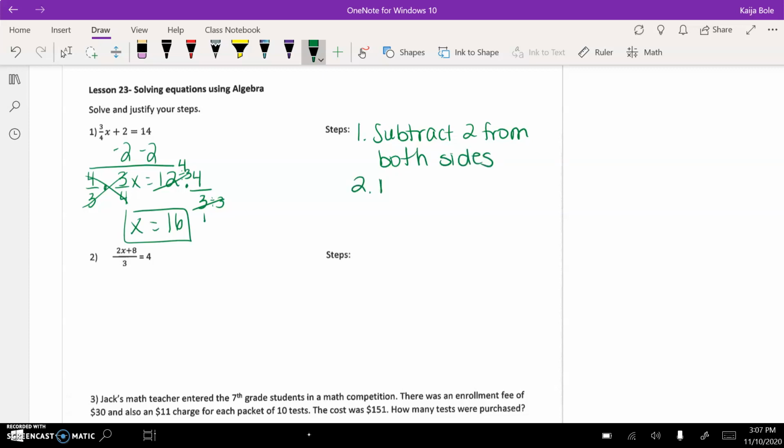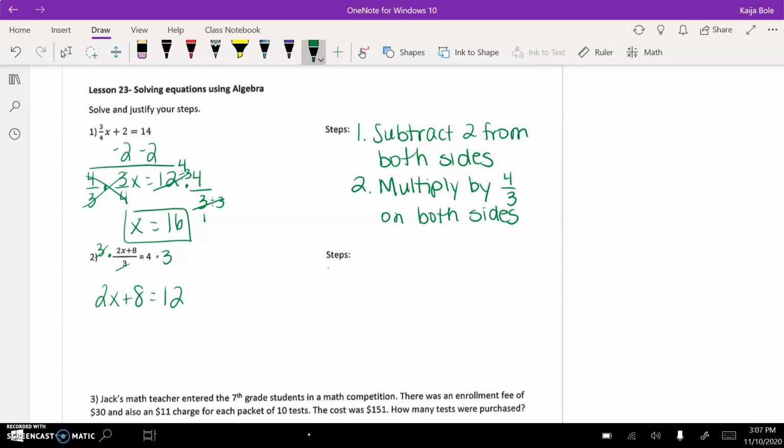And then multiply by 4/3 on both sides. Okay, that's it. All right, now number 2 here kind of looks a little different. The first thing you should be doing is multiplying by 3 on both sides to get rid of that fraction on the left. So on the left, those 3's would cancel, so I would just have 2x plus 8 equals